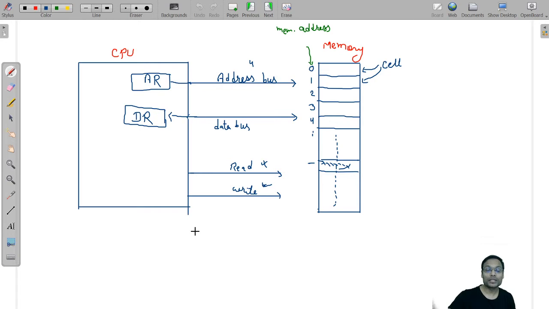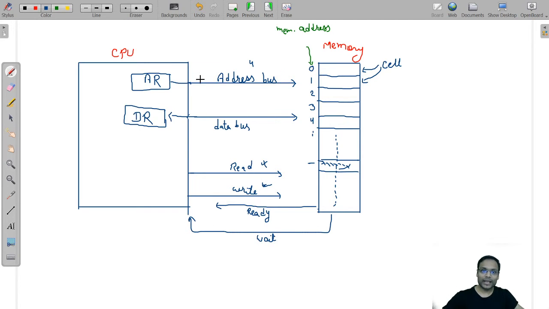You might remember from yesterday when the wait signal and the ready signal are used. The wait signal and ready signal are used to inform the CPU whether memory is right now working, busy, or free to work. Memory can be either busy or free. So how will the CPU get to know about that? The CPU will know by two signals: one is the ready signal and one is the wait signal.